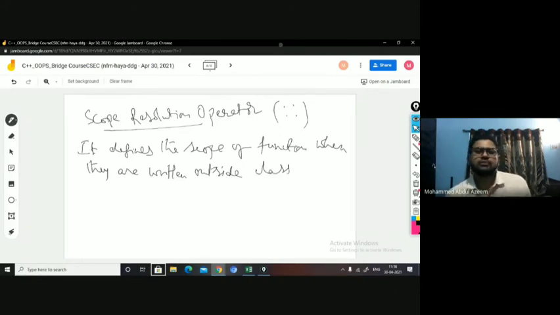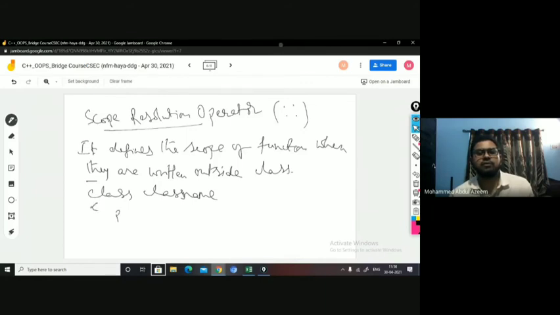Okay. So what it does: when the functions are defined outside, it will bind these functions to the class to which they belong, right? So how is it going to be done? You can see here, for example, I have one class name, right?